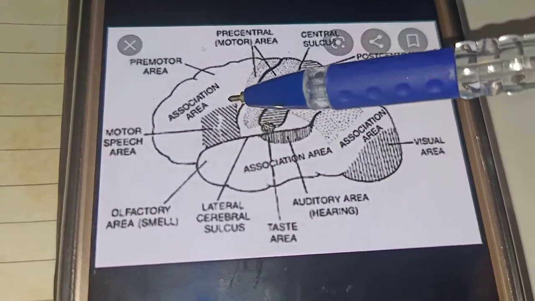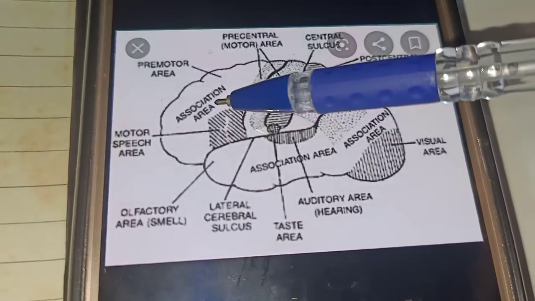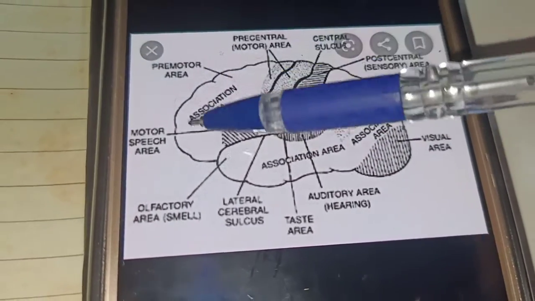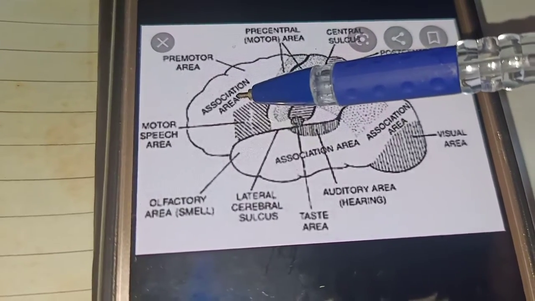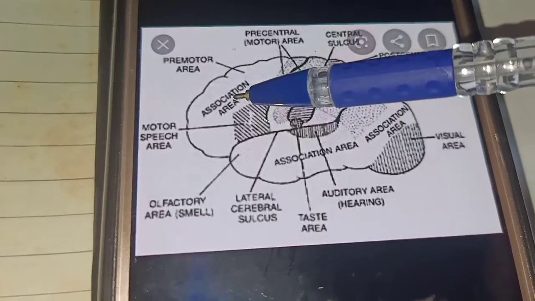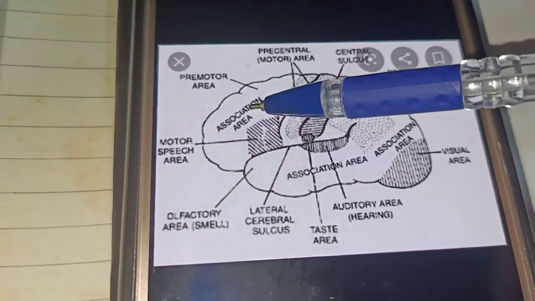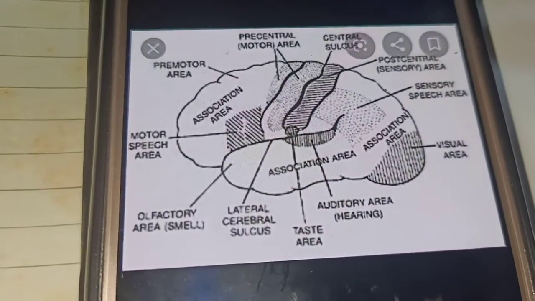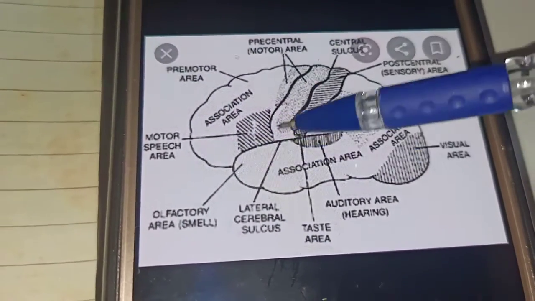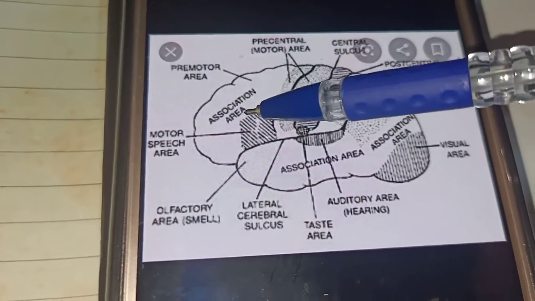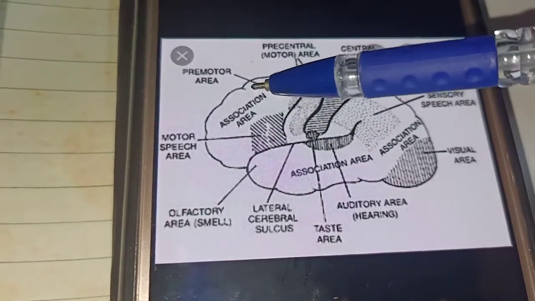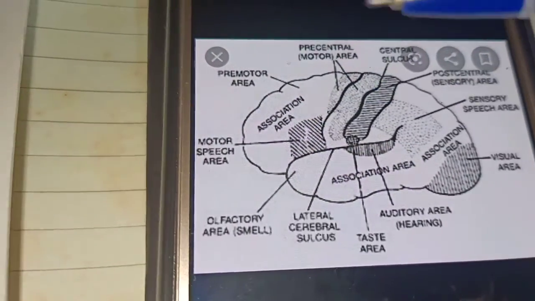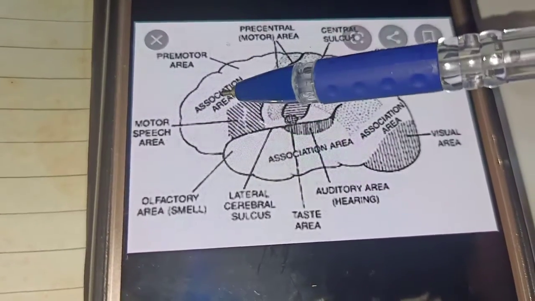So it is for coordinating movements. It receives the sensation, it receives the movement, and after movement and even in learning, how our body works and functions after doing movement or after learning something, that is handled by this area. So how our body works and functions after receiving any kind of sensation, movement or learning is related to the association area.